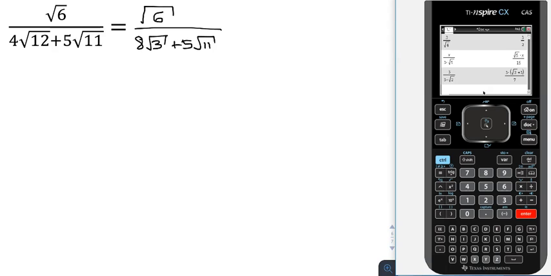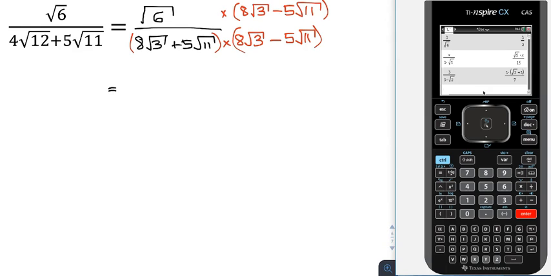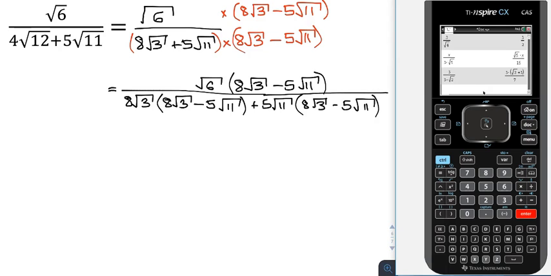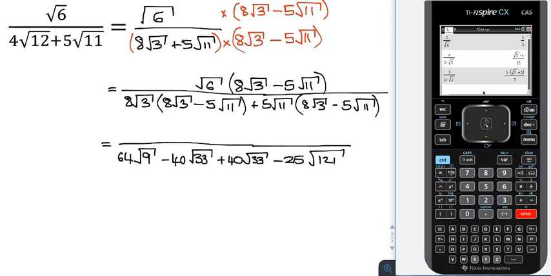Just like before, multiply top and bottom by the conjugate pair. So the conjugate pair is 8 root 3 minus 5 root 11, top and bottom, which is the same as multiplying by 1. Apply the distributive property to the bottom of the fraction, and you're going to get out quite a large sum, let's say. So 64 root 9 minus 40 root 33 plus 40 root 33 minus 25 root 121. Just like normal, the two middle terms cancel out, and the first and last term can be simplified to have no surds. So this is going to give me, on the top, still, I